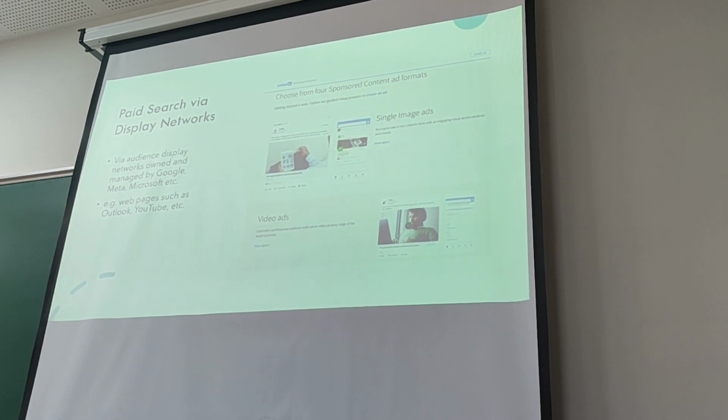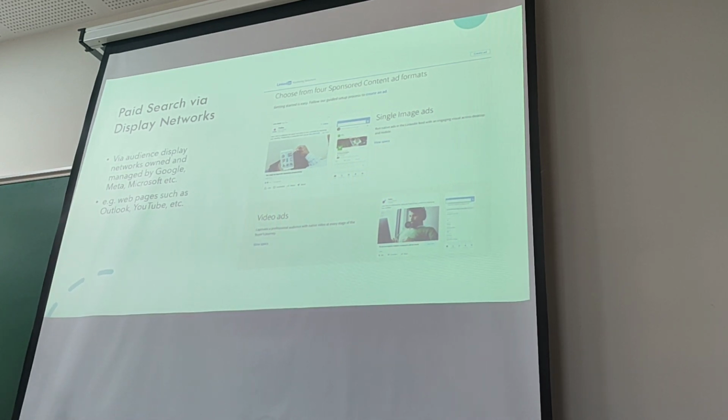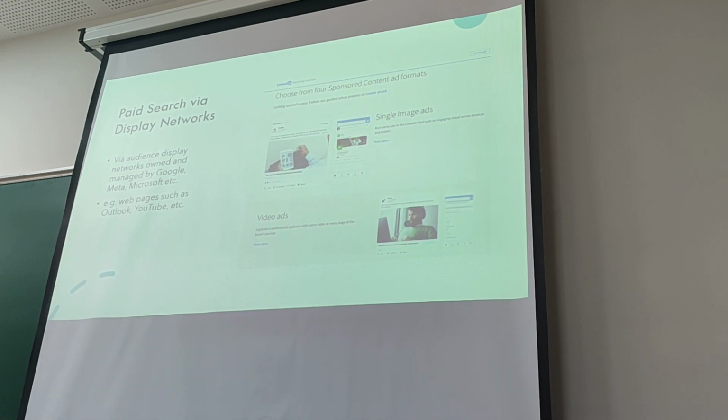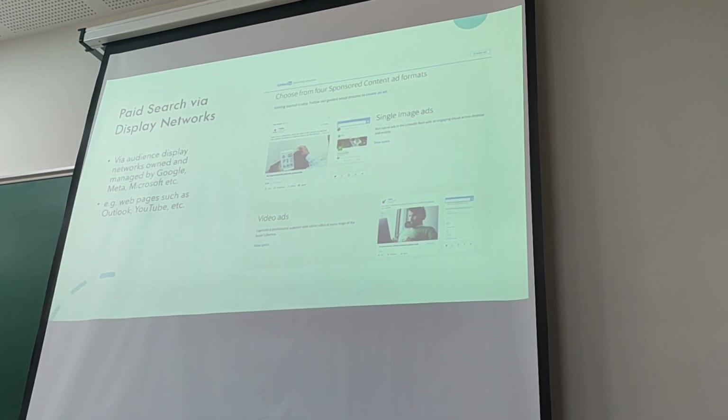And other types of ads, so display networks, are different. What display network ads will do is, if you have a website, you can choose to make some of the space on that website available for other people to show their ads on your website.